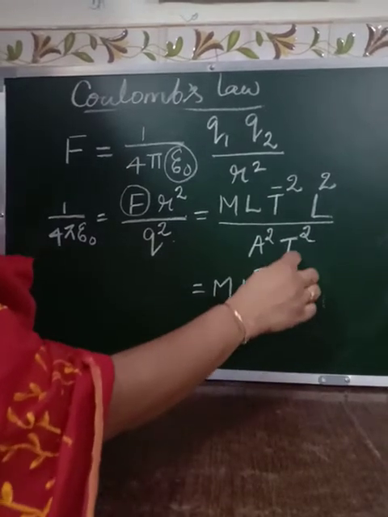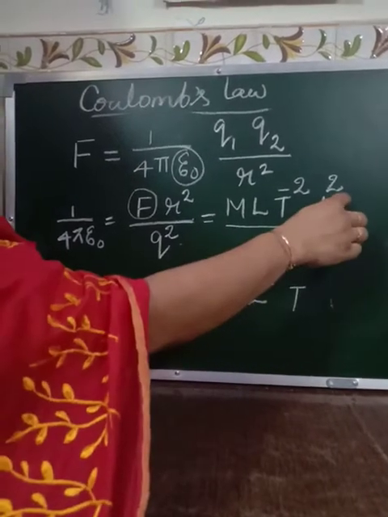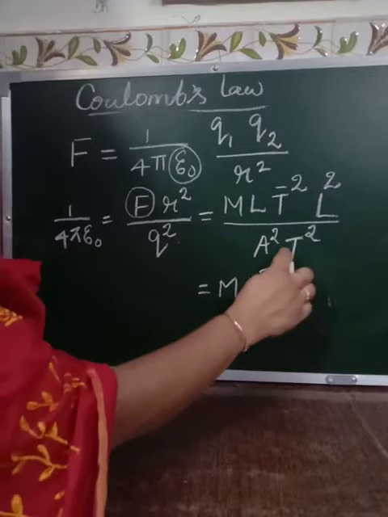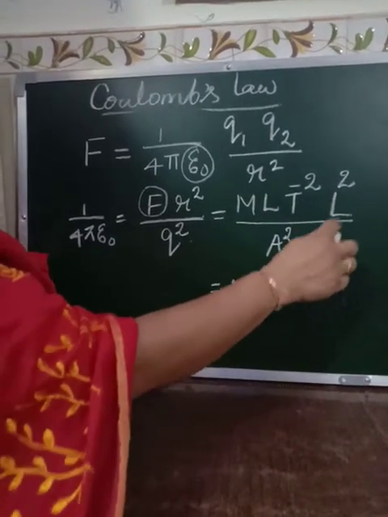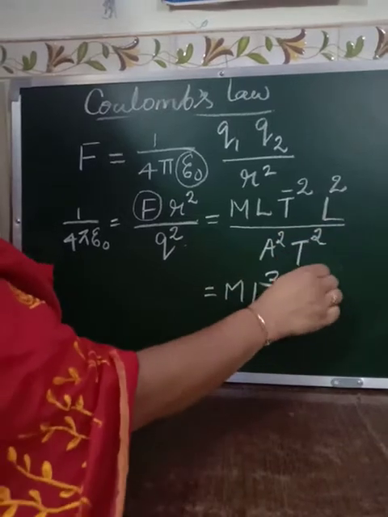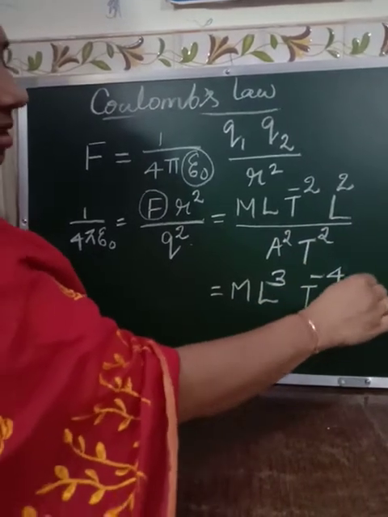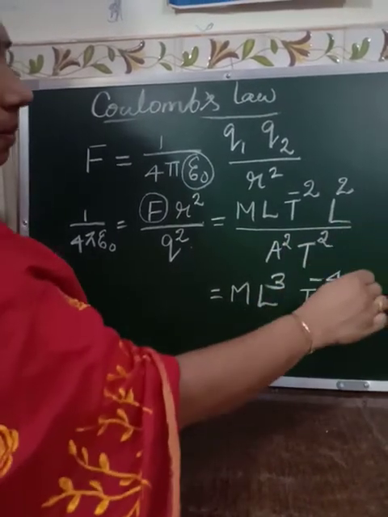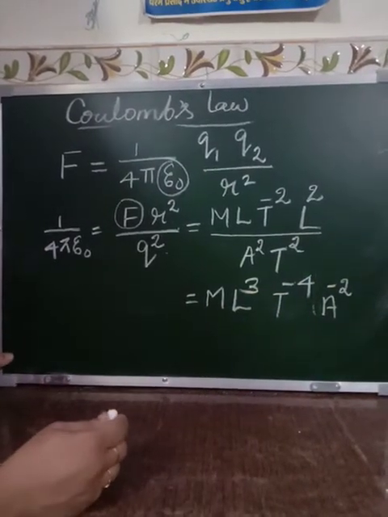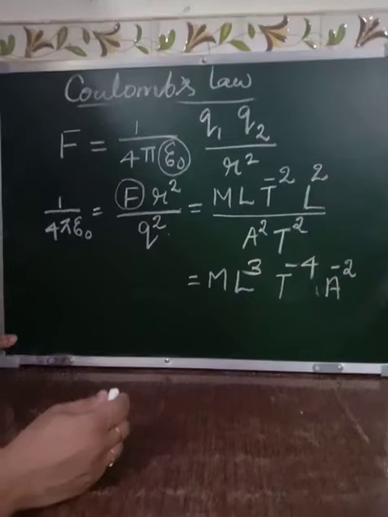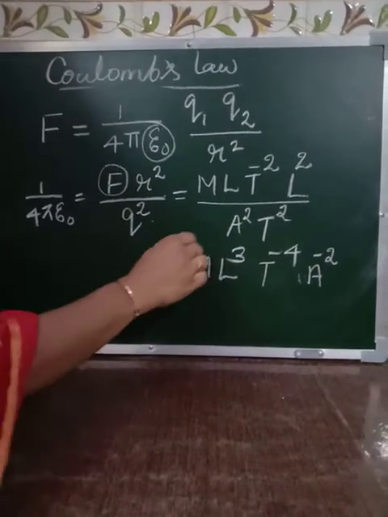T raised to, when T goes to numerator, then it will become minus 2. So T raised to minus 4 will come, A raised to minus 2 will come. ML cube T raised to minus 4, A raised to minus 2. This is the dimensional formula of